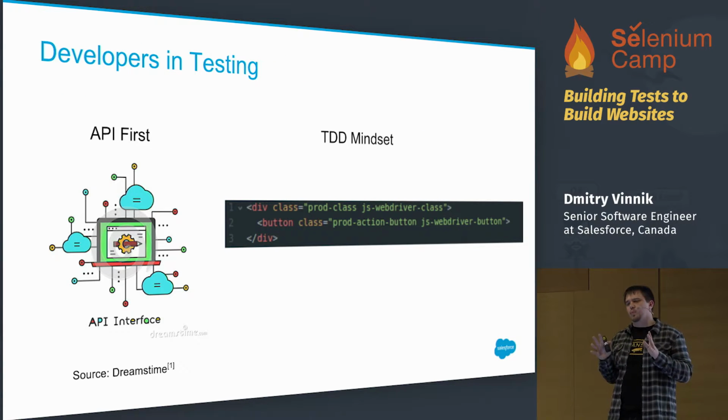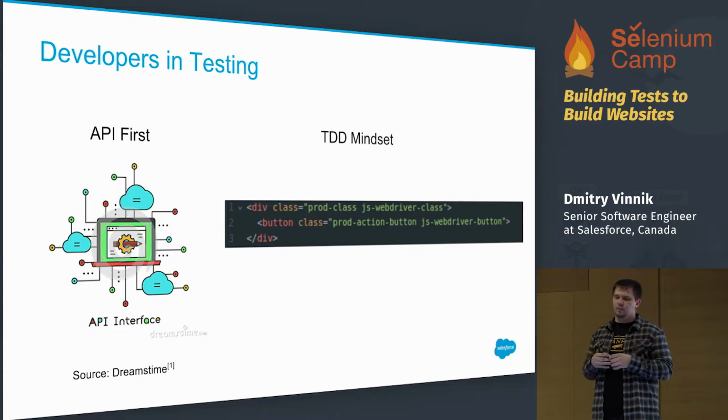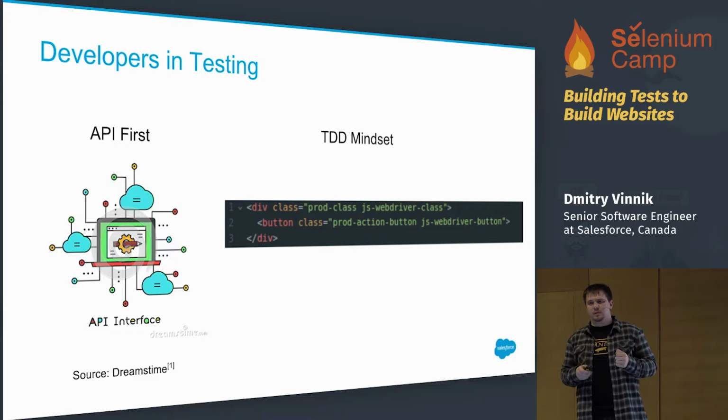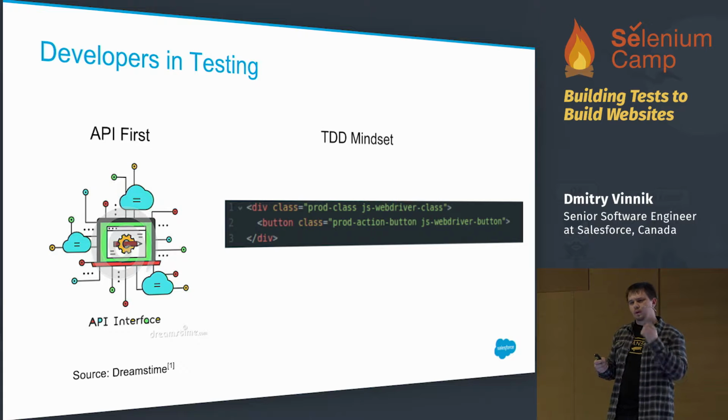The next part is what some people covered before me, but it's good to reiterate. I have a slightly different approach to this problem of how developers are involved in testing. So what ideas should developers who work on features keep in mind when they create something? API first. You probably heard it a lot, but as I mentioned before, you have to be able to set up the data. And to do so, you most likely don't want to bring up the WebDriver to do that for you, creating the user context, creating views, components. Unless you're testing for it, you don't care about these